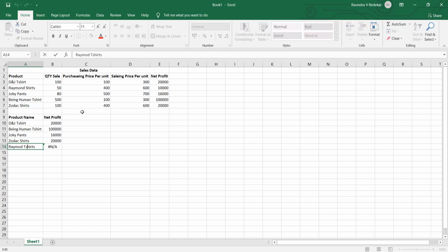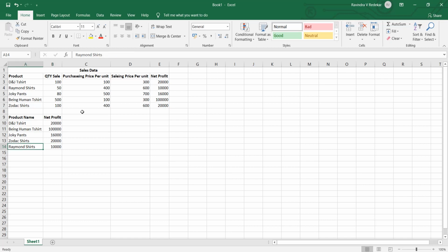So if I give the shirts, we got 1 lakh over here.